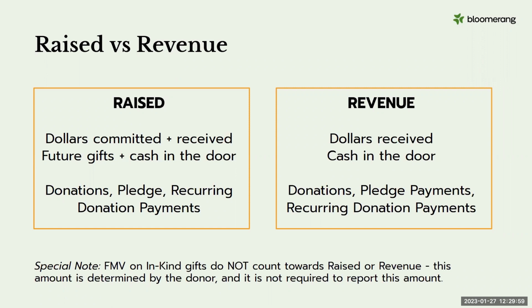Also important to note that soft credits is neither raised nor revenue. We'll take a look here in a little bit at a report that takes a look at the different amounts, but soft credits are neither raised nor revenue. But you can see all of these in reporting. A special note as well, when you're entering in-kind gifts, the amount typically should be entered as a $0 amount because it's not cash in the door. It's a gift basket, or it's a car, or whatever item it is, or it's a service. It's actually the donor's responsibility to declare the value when they're claiming it on their taxes.